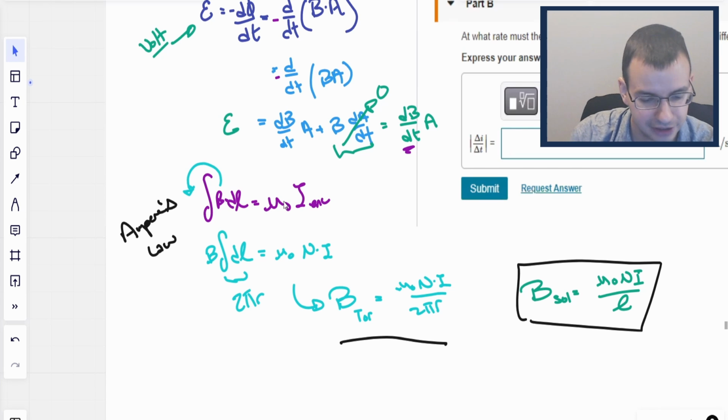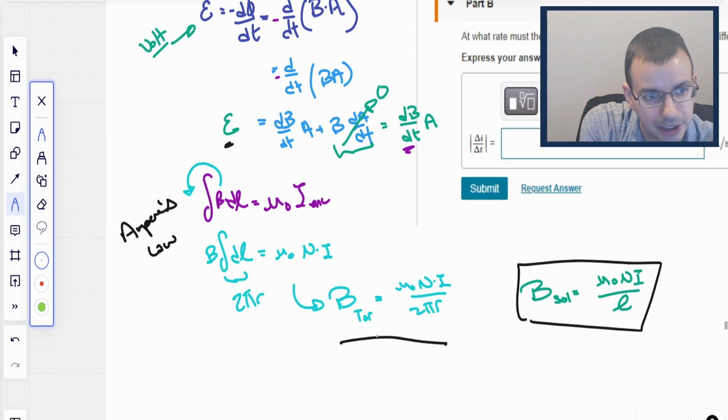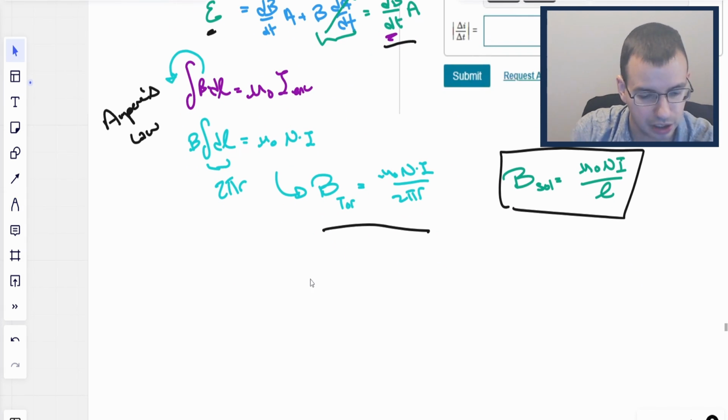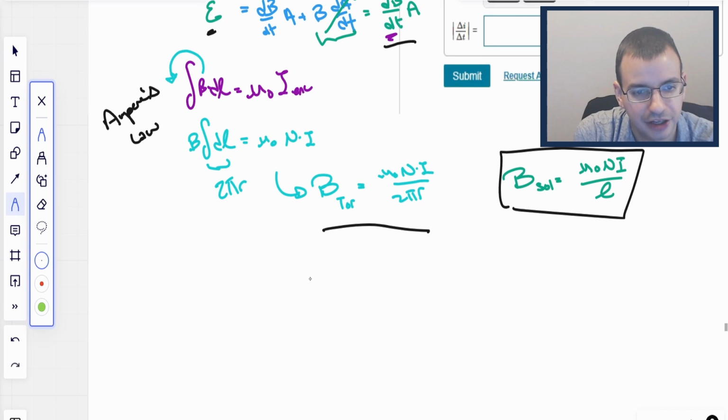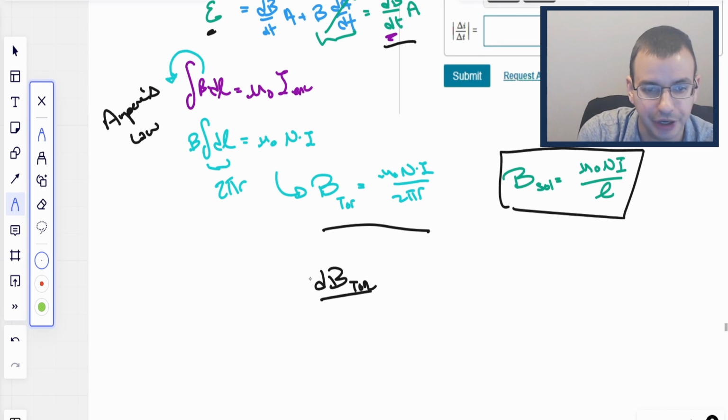All right, so we have the magnetic field due to a toroid. So now what we need to do is take the derivative of that with respect to time, because this equation right up here is what we're going to work with. So let's see here. Actually, I'm going to find dB, I'll do a little TOR here just so we know it's toroid,